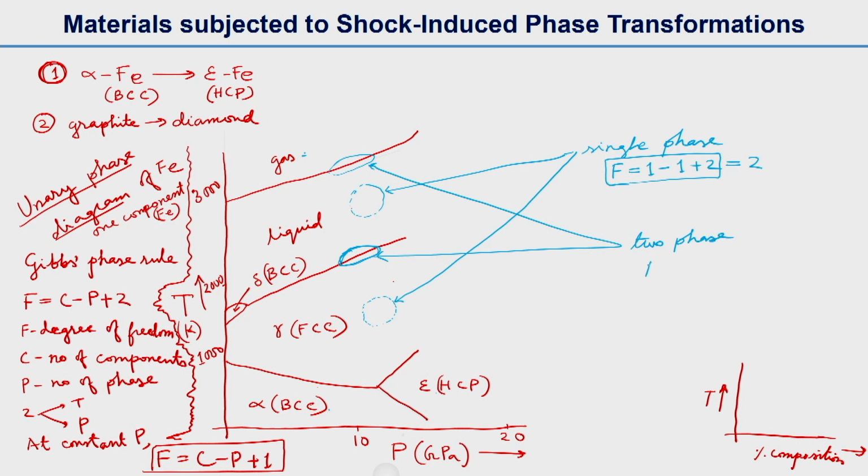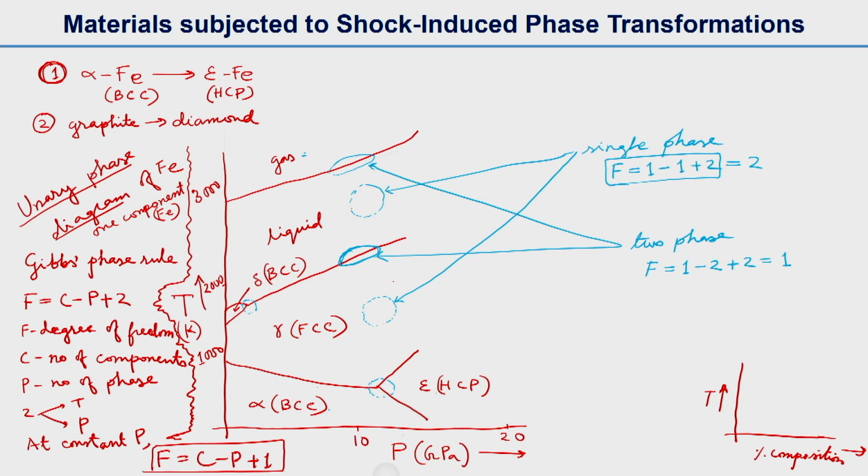Two phase regions. So F is equal to, components is 1, phases are 2. So this will give us degrees of freedom equal to 1. We will see what that degrees of freedom means, and before that, we want to show you these triple points where three lines meet each other, and these are a region of 3